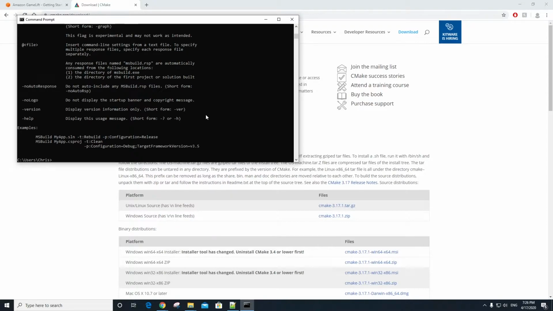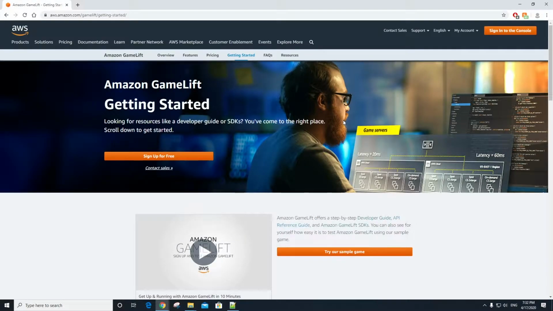Things that can affect the path of the folder include what year of Visual Studio you are using, whether you're using Community or Enterprise Edition, or whether you got the Visual Studio build tools separately from the IDE. If that's all sorted out, we are now all set to download and build the GameLift Server SDK for Unreal